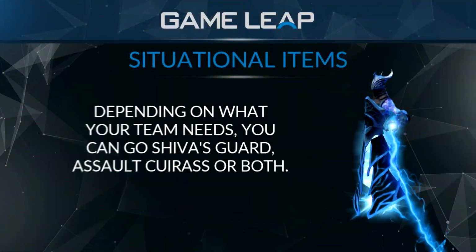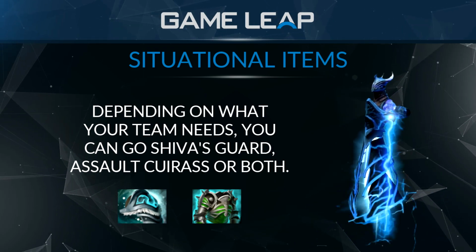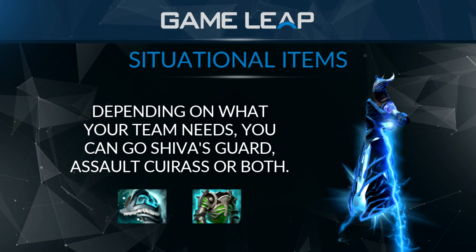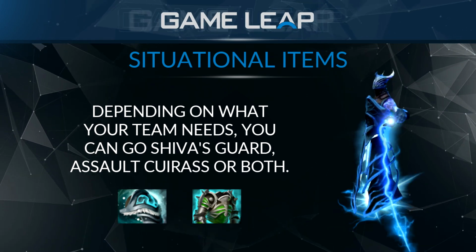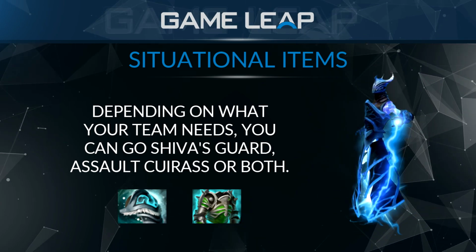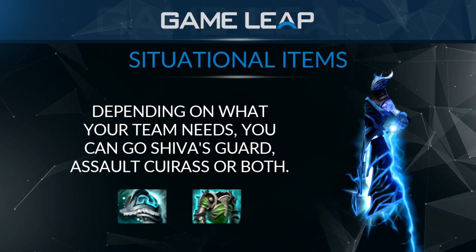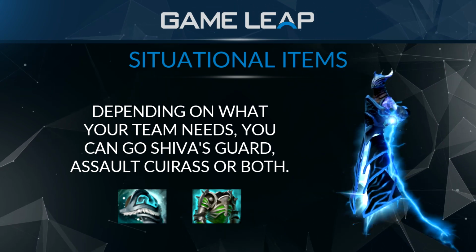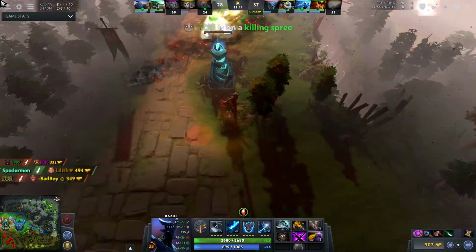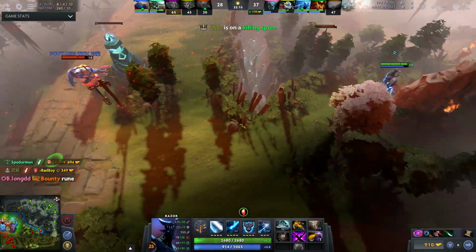So for situational items, we have Shiva's Guard. A lot of people go Shivas and a lot of people go AC on Razor. I normally like AC more, it just makes pushing towers easier. But Shivas can also be nice. It sort of synergizes with your Plasma Field and the fact that you're trying to annoy the enemy safe lane hero usually and just Static Link him, making him attack slower and stuff, and slowing him can be really nice. And with your Plasma Field as well, slowing them makes it easier so you can get max damage out of that as well. And it's just like 2 big radius magic damage nukes that you can have with the Shivas